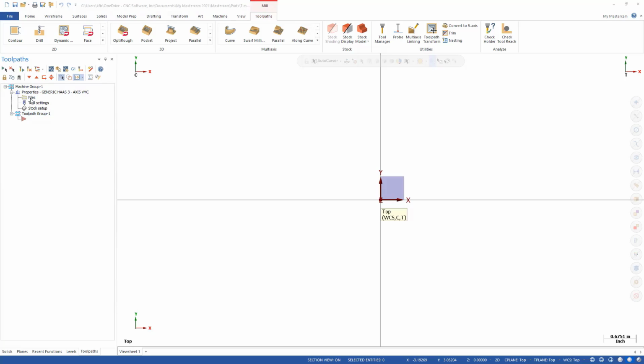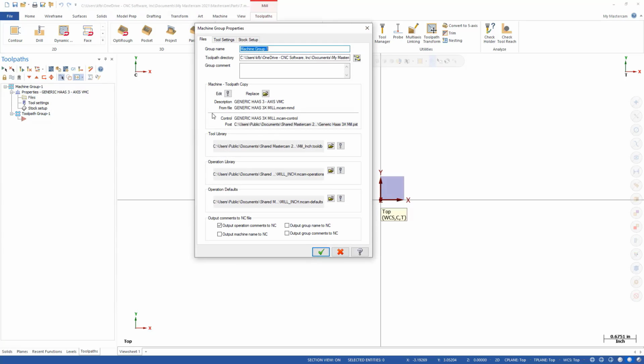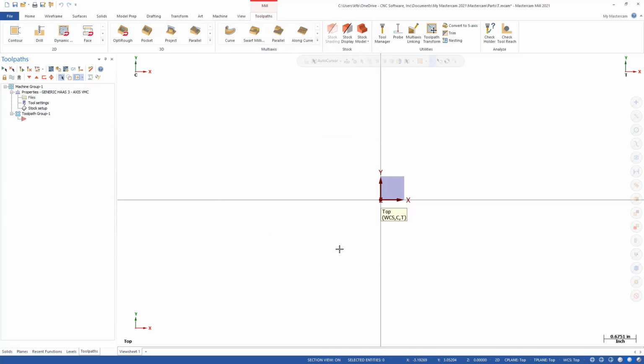click on Files. As discussed earlier, this is the toolpath copy of the machine definition. But specifically, if you look down in the Tool Library section, it's referencing the mil_inch library. And this is the default library. I'm pointing that out because when we go into the Tool Manager inside of Mastercam, it brings up this library by default. So I'll cancel out of this, and I'll start by going into the Tool Manager that's part of